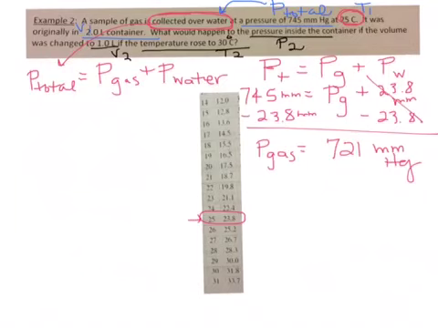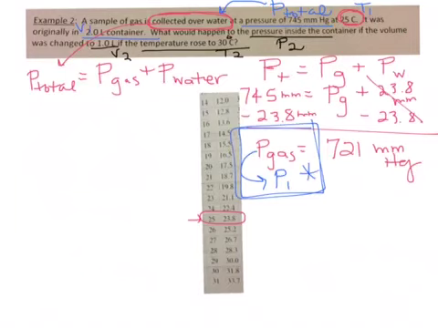So at this point, you should recognize that you're about to do the combined gas law. The problem is you don't have a P1. In the problem, they gave you a P total. So when we did all of this, okay, here's the take-home message. When we did all of this, the P gas becomes your P1. That is the biggest deal ever. You need to star it, highlight it, do something, call your attention to it. When you see collected over water, you're solving for P gas so it can become your P1 in the combined